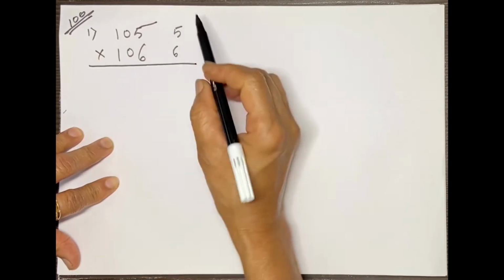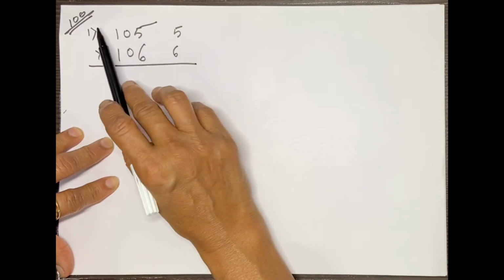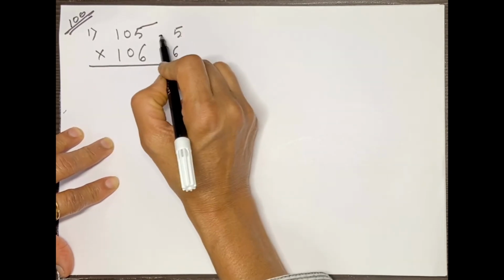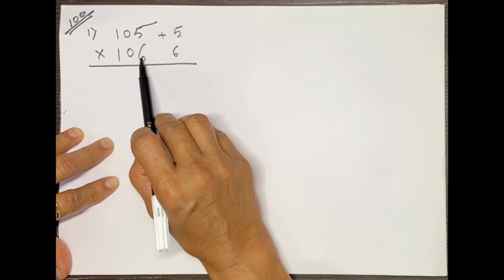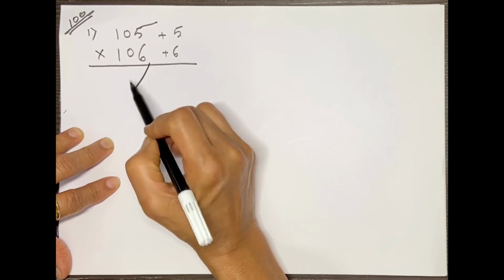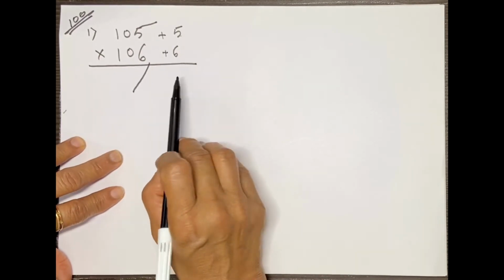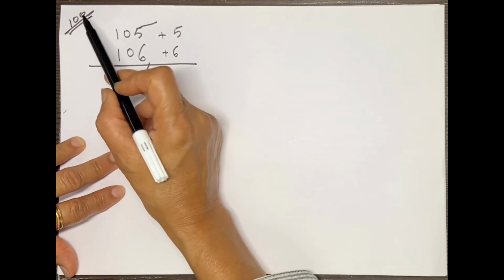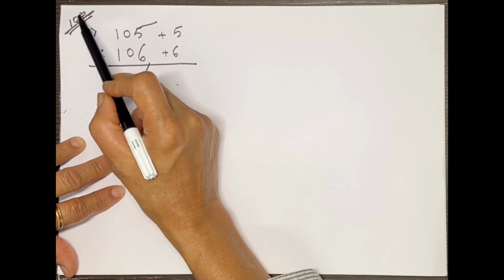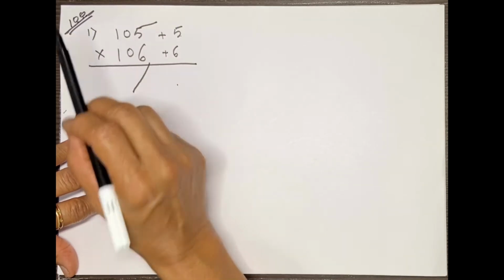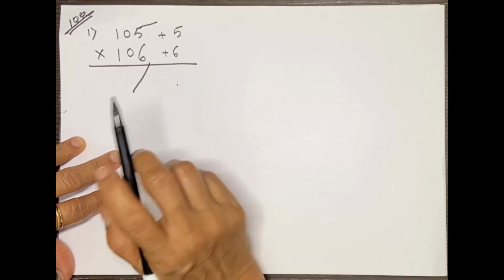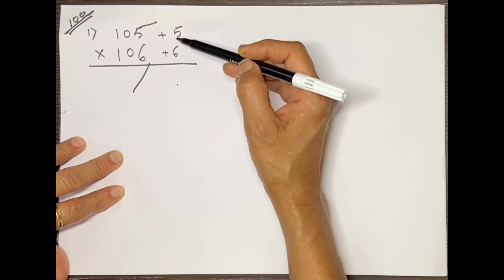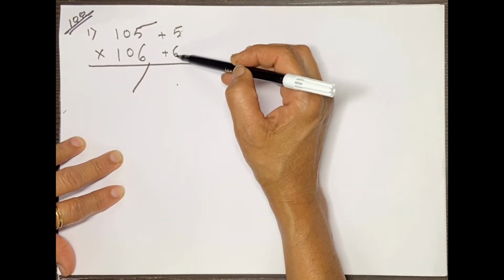Now what to do? The difference between the perfect base number and the multiplicand is 5, and for the multiplier the difference between 100 and 106 is 6. We will have to make two parts, right hand side and left hand side. Remember, our right hand side should have as many digits as there are zeros in the perfect base number. So there are 2 zeros, and our right hand side will be 2 digits.